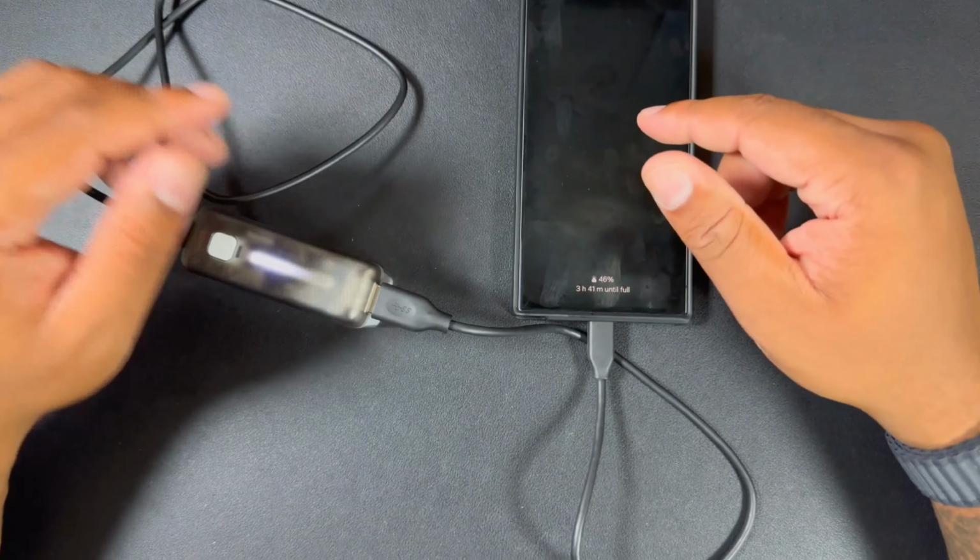So you want to sacrifice a port. If you're on the go, you can do a pass-through charge where you charge up your device and it goes through to the other device, still charging it up at the same time. So pretty cool to have. Let's go ahead and